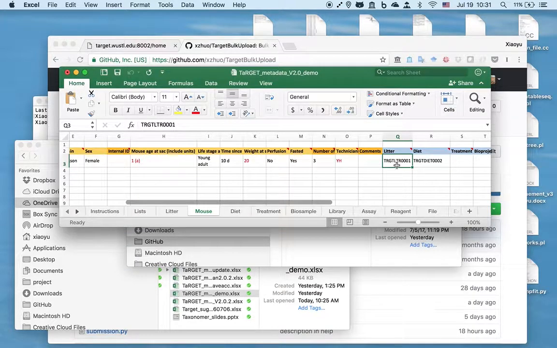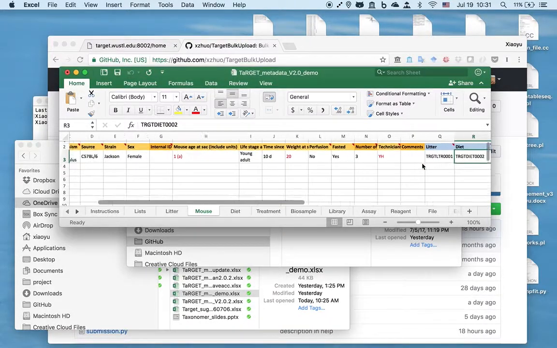It has a system accession, so I use the system accession to establish the connection. The mouse is also fed a special diet, and the diet is also in the database with a system accession,